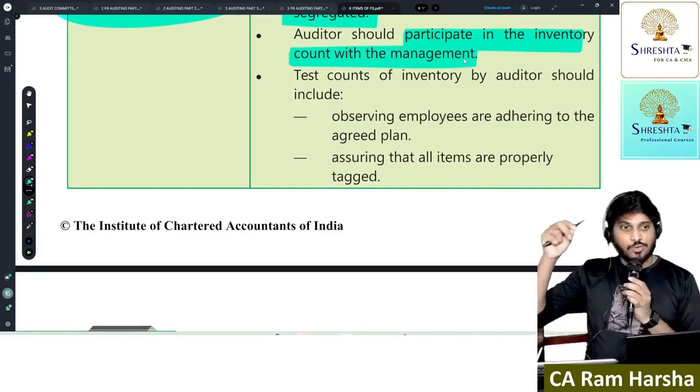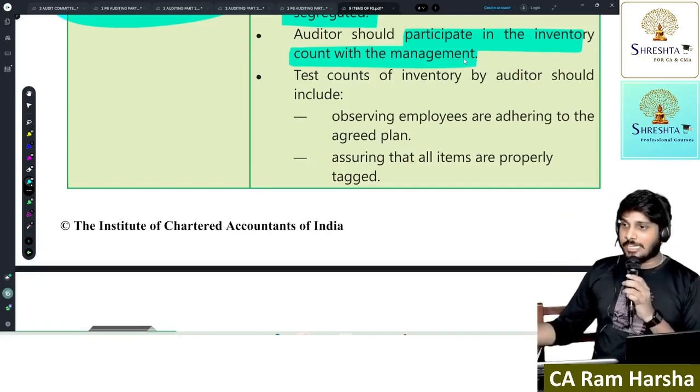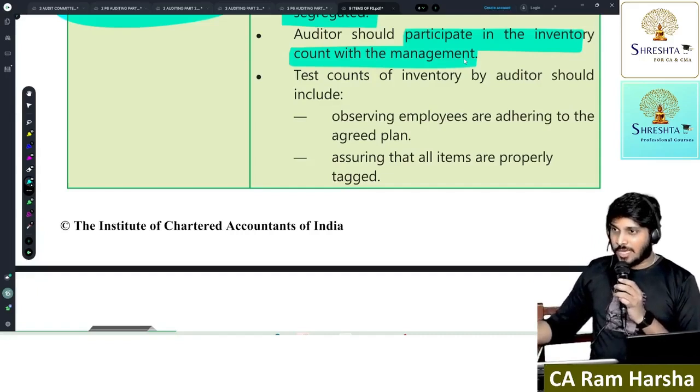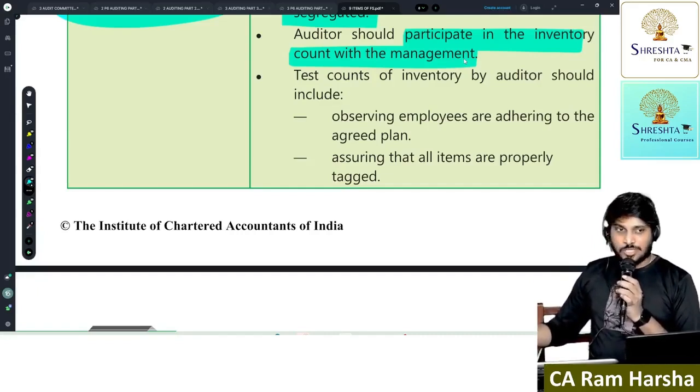Here I will tell you how to read this. Inventory, what does SA 501 deal with? Option A, existence and valuation. Option B, existence and condition of inventory. Option C, existence, condition and valuation of inventory. Option D, condition and valuation of inventory.